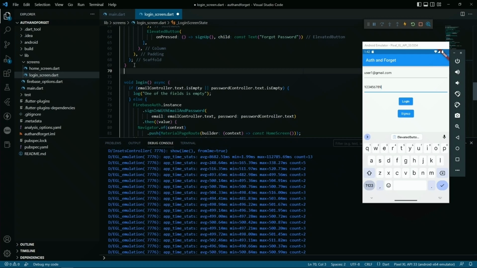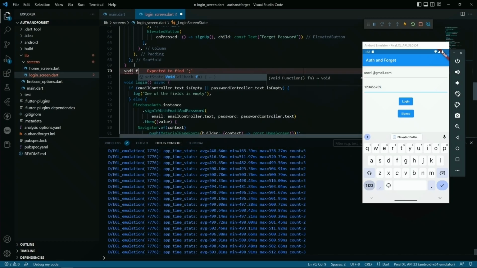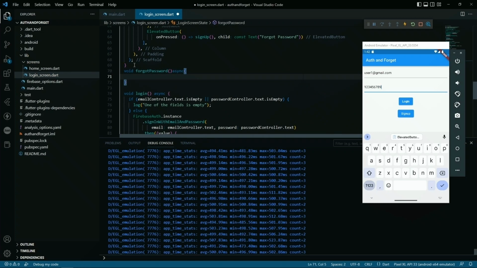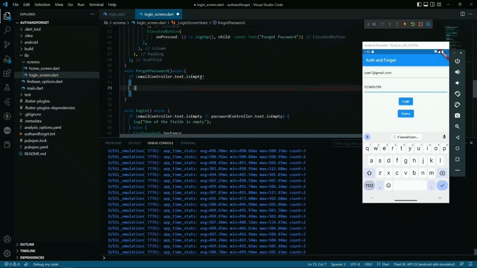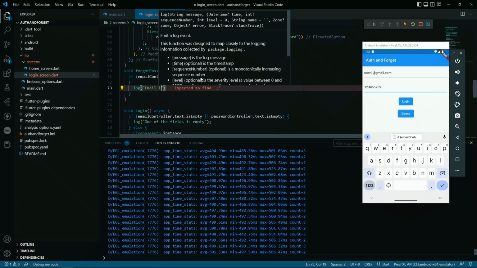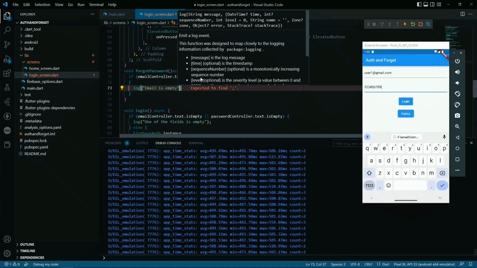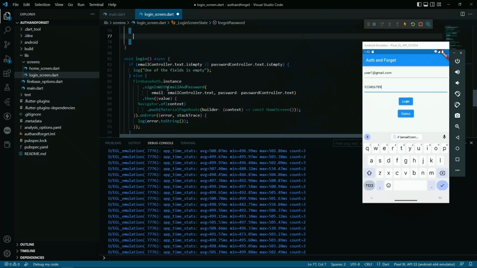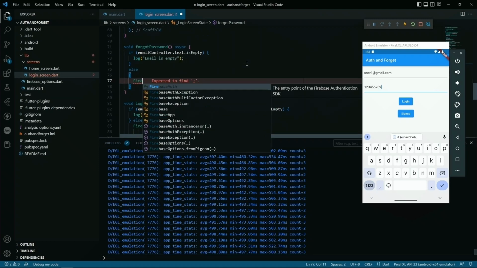So forgot password, what it's going to do is that this function, forgot password, will be an existing function, and in here we only want to check that the email field is not empty. If it's empty, we are going to log it and write it as "email is empty". If it's not empty, then we want to use the Firebase auth